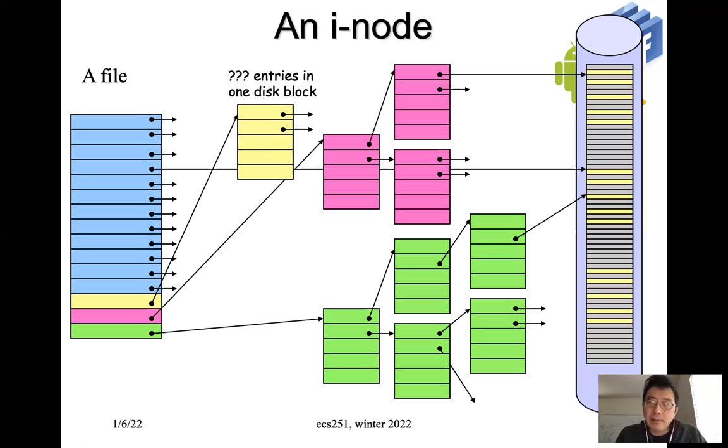Okay, so if you have a file size that requires 524 disk blocks, each 4K, then you use both direct and single indirection, and you will be able to represent the file. Okay, so let's just forget about purple and the green, because if you understand yellow, you understand purple and green as well. So let's just worry about the blue and